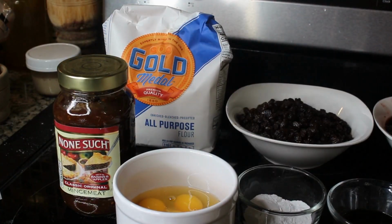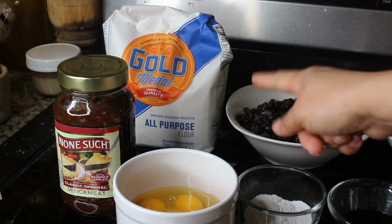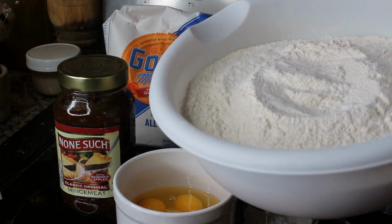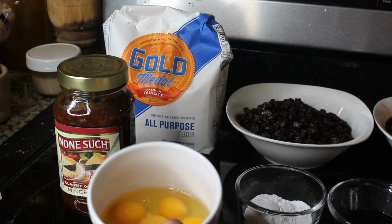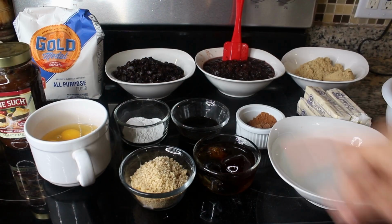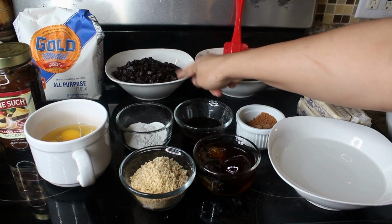We're gonna be using half of this jar of minced meat, and then we have some Gold Medal flour there. I've already taken out the quantity that I'm going to be using, and I measured 8 cups, but usually it takes me about 7.5 cups. It just depends. I've already sifted the flour twice, which is my mom's instruction. And then what else? I have 6 eggs here. Then I have half a cup of brown sugar, 3 tablespoons of baking powder, 1 pound of raisins, and